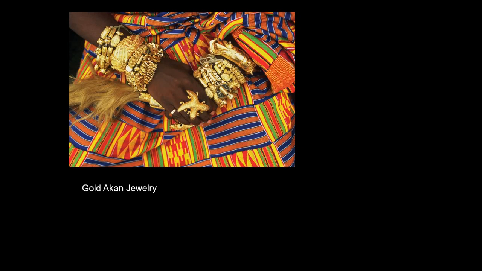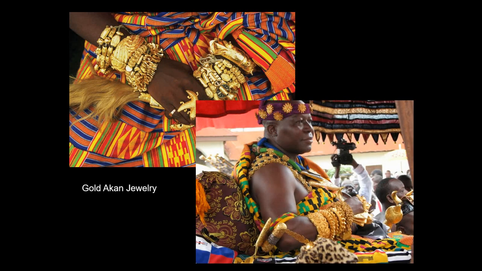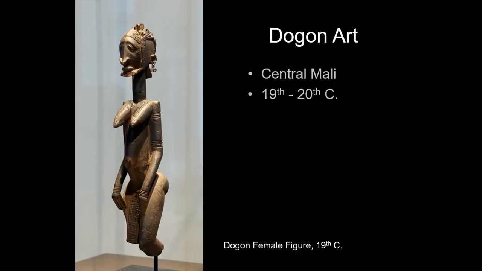So it's not surprising that a lot of these Akan cultures have just elaborate jewelry. I love this one that has these two intersecting salamanders, rings. You see this quite a lot in the display of wealth everywhere you go. Well, there are a number of other cultures in West Africa that we should mention before we wrap this up.